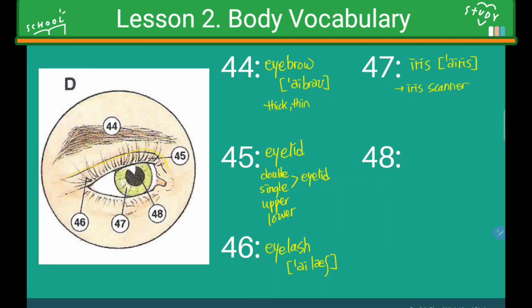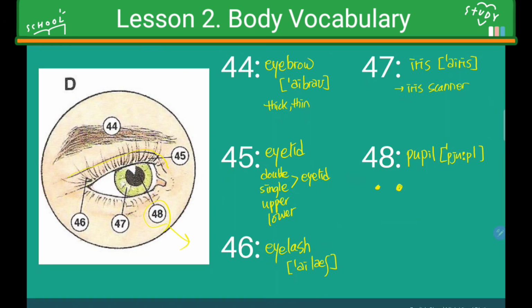And last of all, today's last word is that black circle part. That's pupil. So it's P, U, long U, P, and just L. And the stress is on the first syllable. So it's pew, pul. So pupil. And 48, this part actually becomes